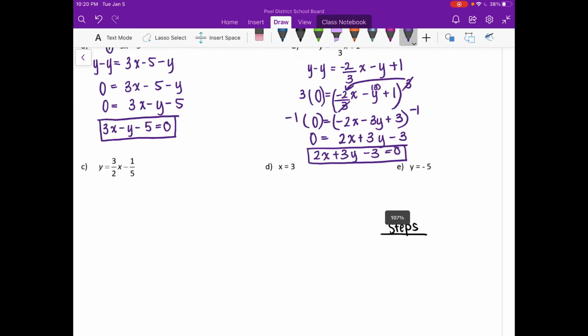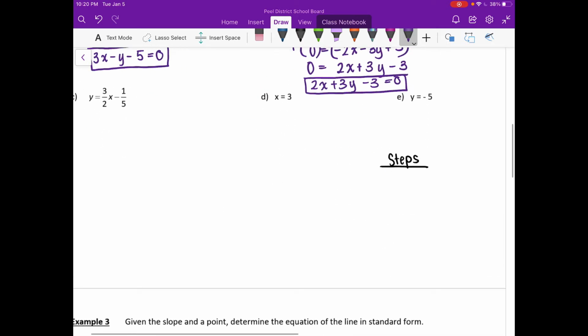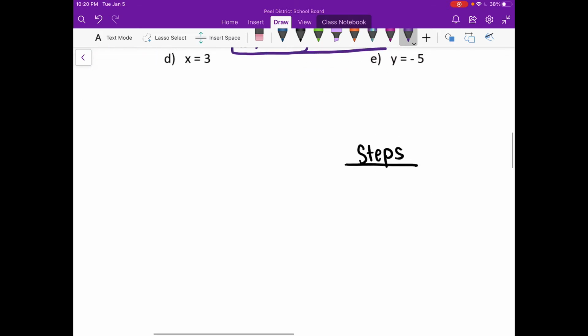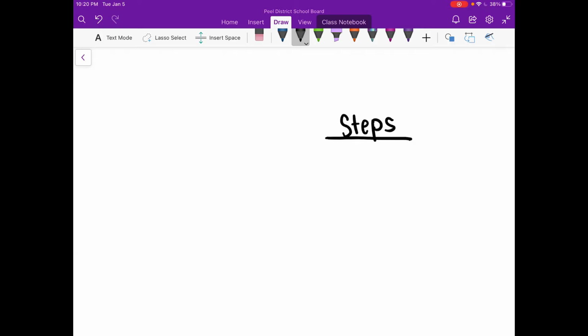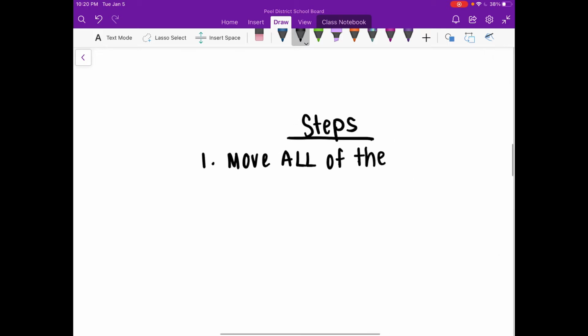Okay, now that we've done 2 examples, let's go in and write a few steps for ourselves. This will help us kind of have a method. So the one thing I like with math is while it's great to explore and understand the why, sometimes we also like to have methods to find out step by step how I should do something. Right, so the first step you should do is move all of the values with coefficients, or all of the coefficients, whatever you want to say, coefficients and variables